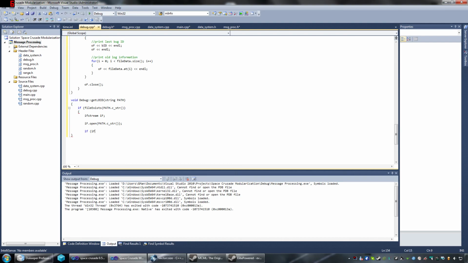So if, then IF BID. Then IF dot close. So that'll look at the very first line of the file, and take that value that's going to be there and set it to